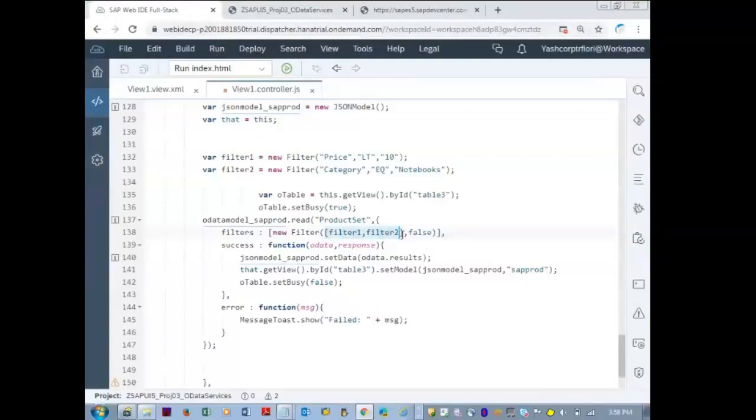This is filter comma filter 1 comma filter 2 as it is in the square bracket, comma, false. Make it false. Put it inside a normal bracket, parentheses, and then you write the new filter.